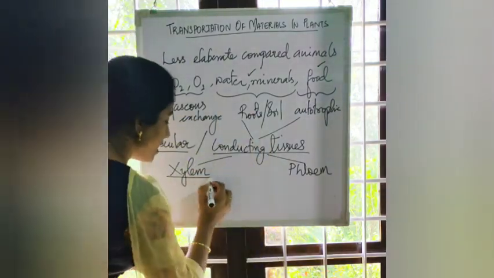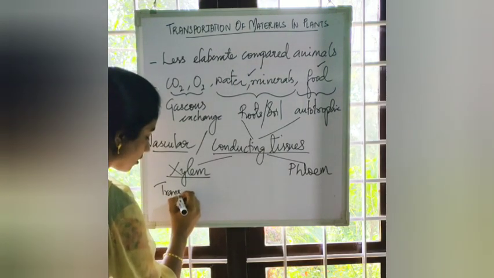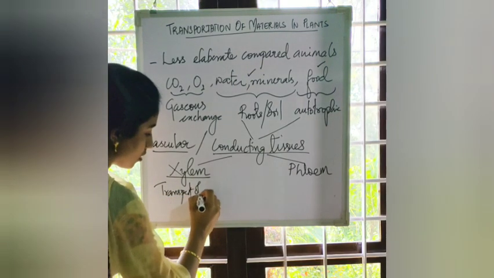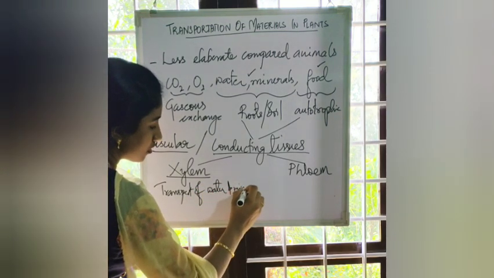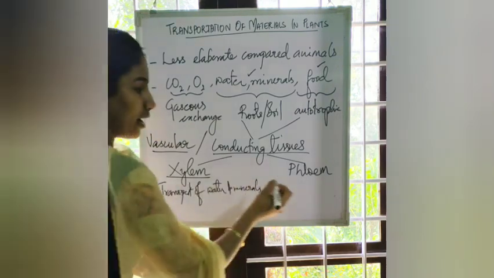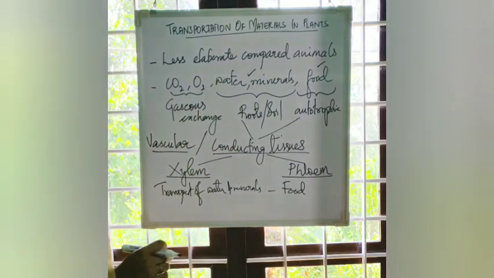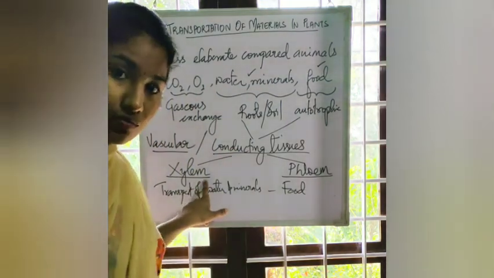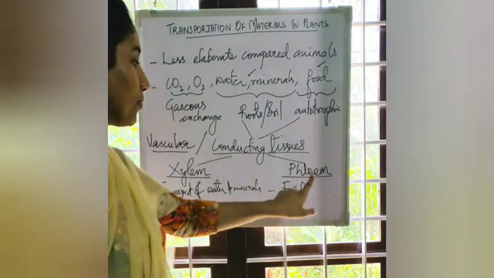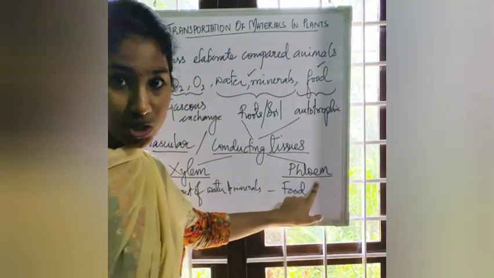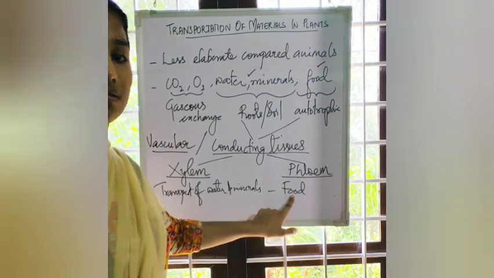You already know that xylem is involved in the transport of water and minerals, whereas phloem is involved in the transport of food prepared by the plants. So xylem is involved in conducting water and minerals from the soil to the leaves. Phloem is a transport tissue which is involved in conducting organic food prepared by the leaves to different